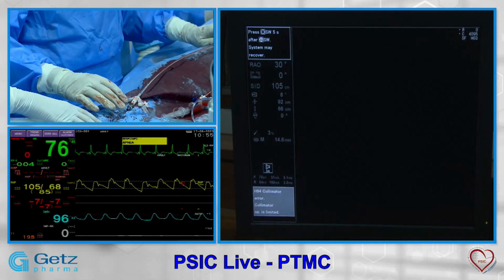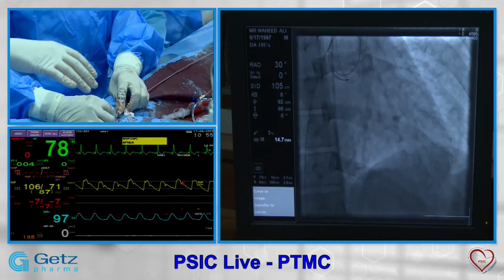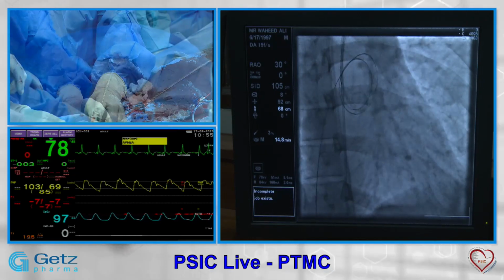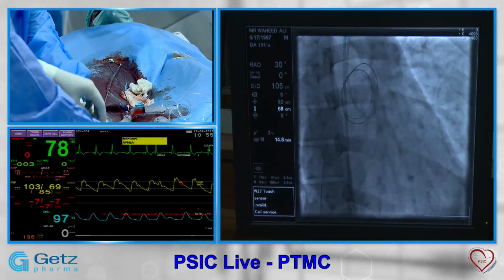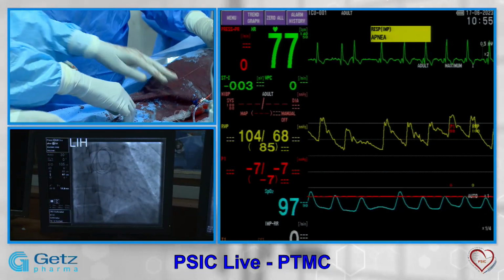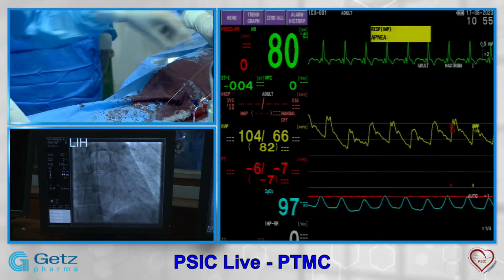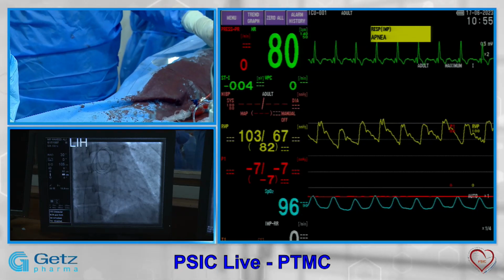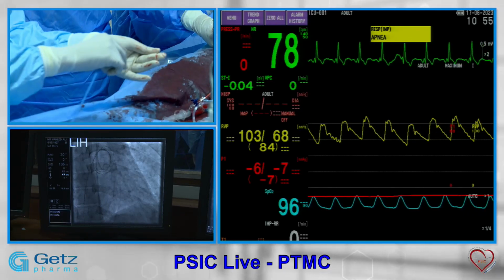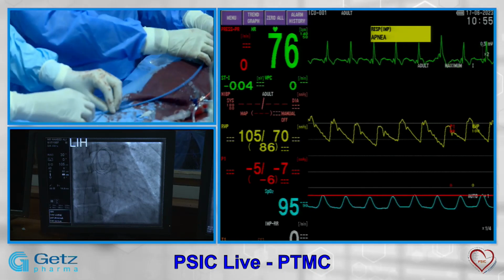Okay, so now we will be looking at the pressures, and we'll take the Mullins sheath again in. Out balloon now. So meanwhile we are looking at the pressures. I think that we have got a few minutes, and we will be discussing some of the slides for the complications.